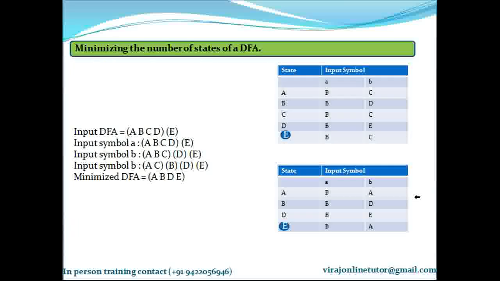So in the example, A was going on B to C, but now that we have eliminated C, what is the representative that I had selected from C's group? A. That's why A on B goes to A. Simple. A was earlier going to C, but C I eliminated. Since I selected A as a representative from AC's group, I am replacing C with A. So A was earlier going to C on B, but now A goes to A on B. That is because I am selecting A as a representative from C's group. Clear?